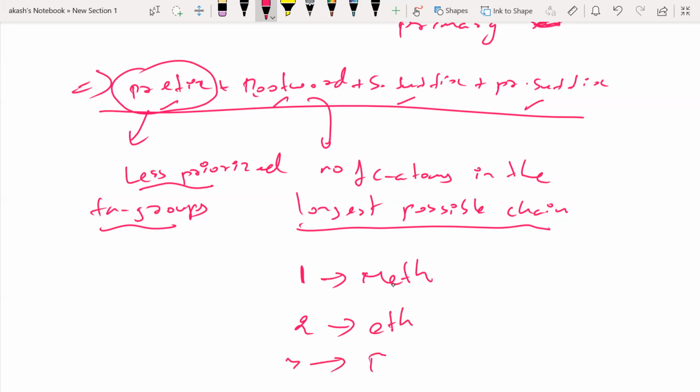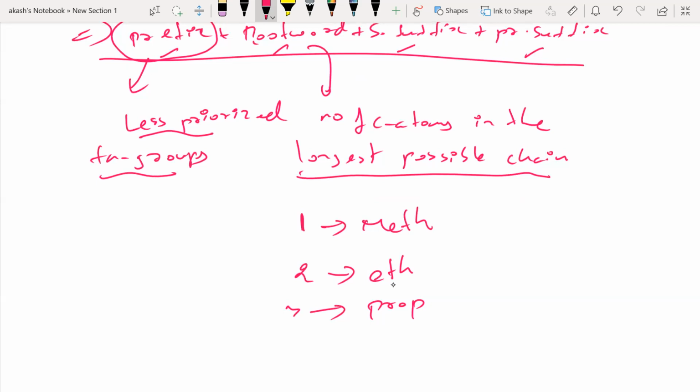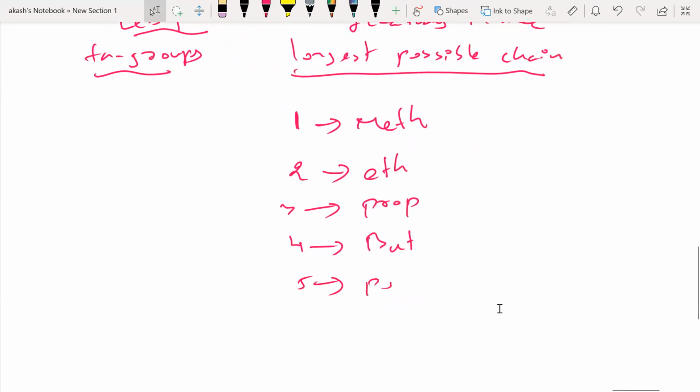If you have 3, then you go for prop. Three carbon atoms in the longest possible chain, you'll use the root word prop. If you have 4, it is going to be but. If you have 5 carbon atoms in the longest possible chain, the root word is going to be